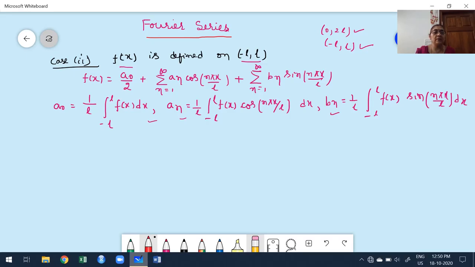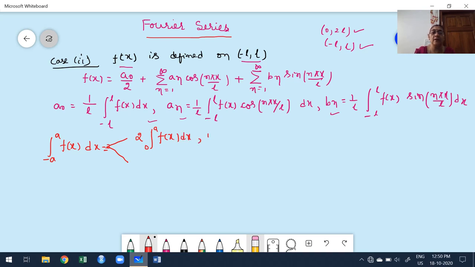Before that, one of the definite integrals we discussed already in the first class of Fourier series as a prerequisite is the integration of f of x dx from minus a to a. There are two cases. One is twice the integral of f of x with respect to x from 0 to a,